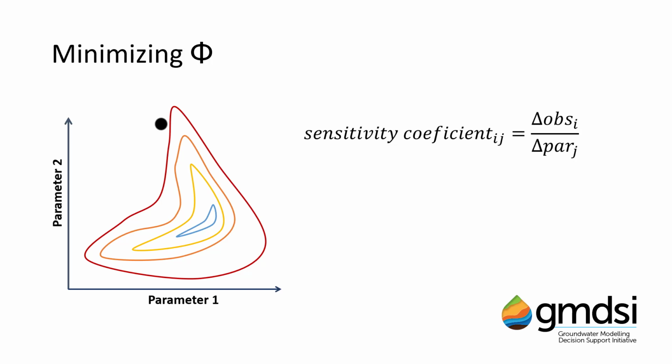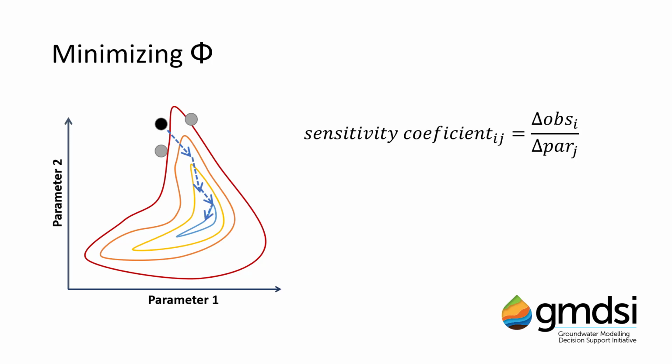Once that Jacobian has been filled, the slope of the objective function surface in the parameter space vicinity is used to determine in which direction to adjust parameters to improve the fit. New parameters are then selected, and the process is repeated, refilling the Jacobian, finding the direction, and updating parameters. Each of these steps is referred to as a parameter estimation iteration. The process continues until a modeler-imposed criterion is met, usually when the improvement in fit between iterations is less than some percentage, or if the modeler deems the fit is good enough.